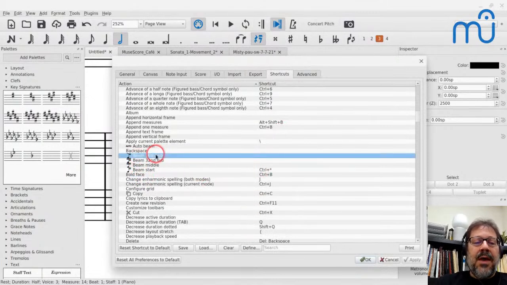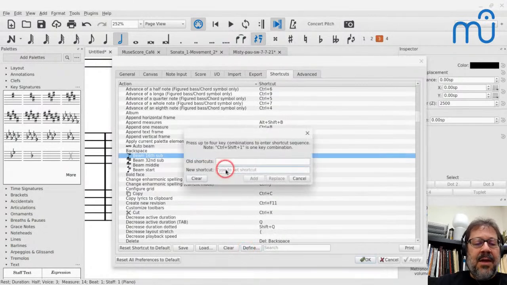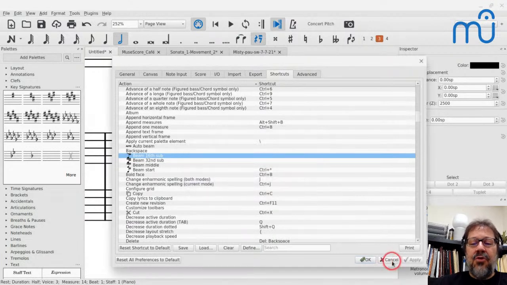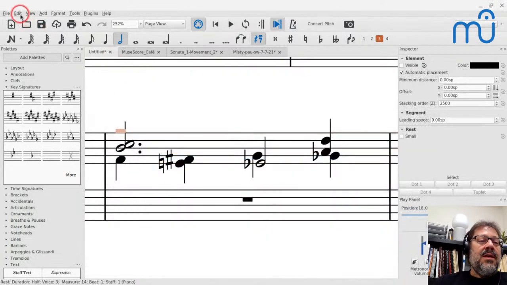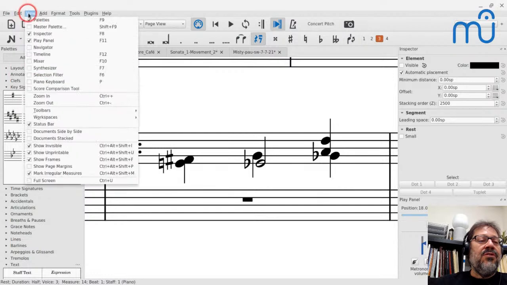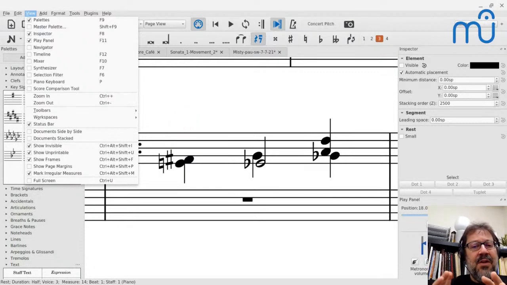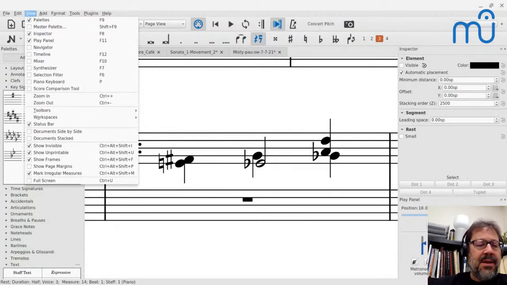And you just click one that you might want to define a shortcut for, and hit define, and then click your shortcut and hit add, and now you've got a shortcut. So for me, the show invisible command is one I use enough, because especially when I'm putting together educational worksheets, I use a lot of invisible stuff,